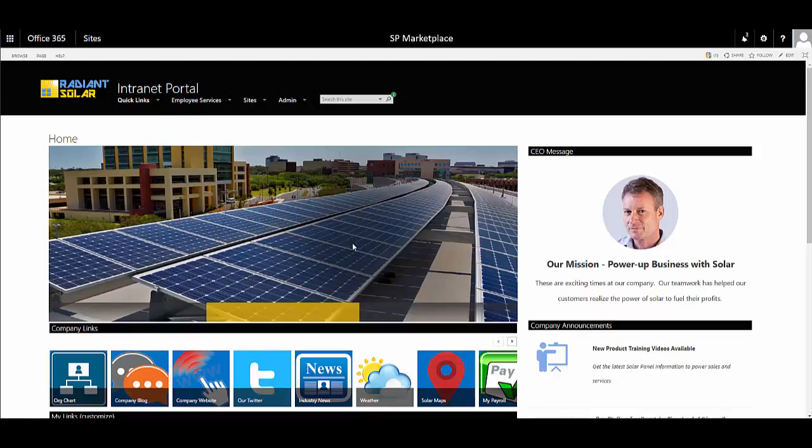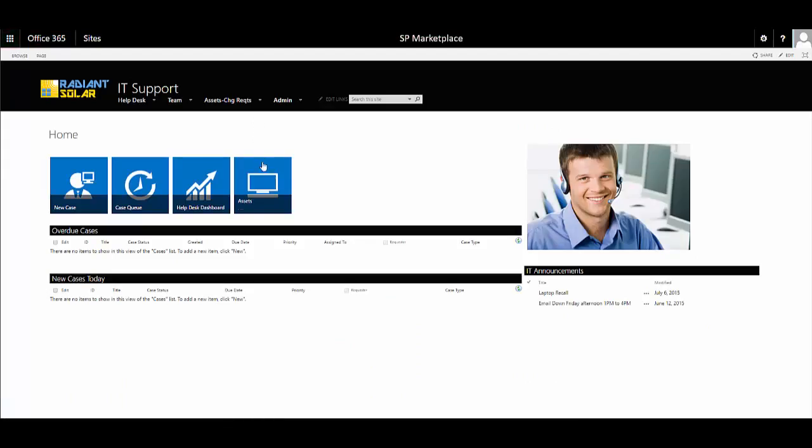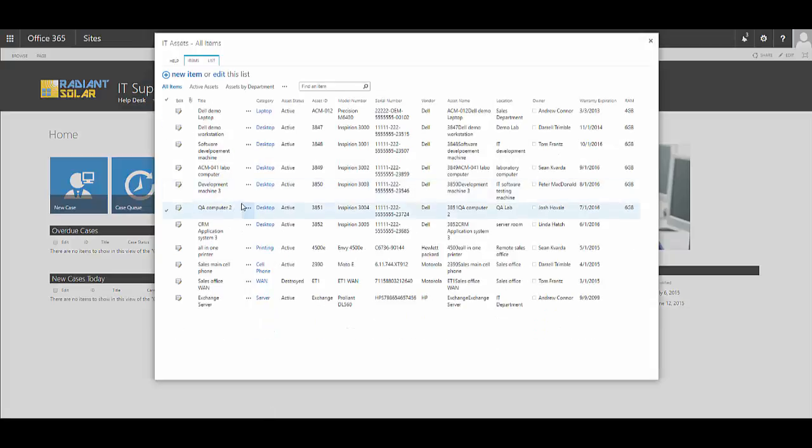So the first thing that we're going to do is we're going to go in to our IT support module so that we can get a good list. This is the same list that we were using on our previous training, the basic user training. We're going to go into this assets list here. So just to review,